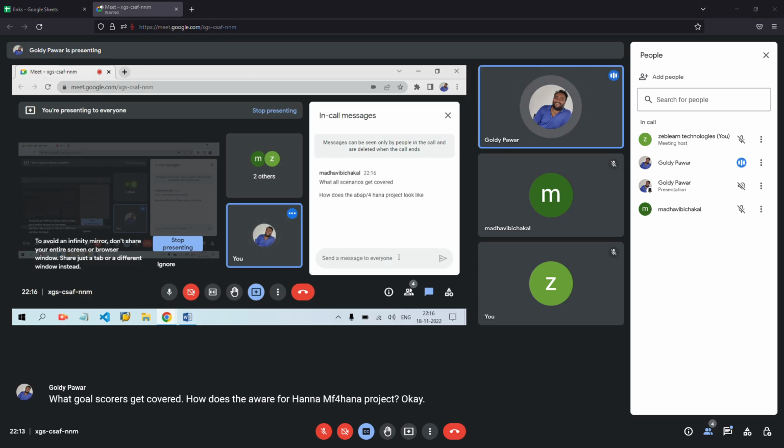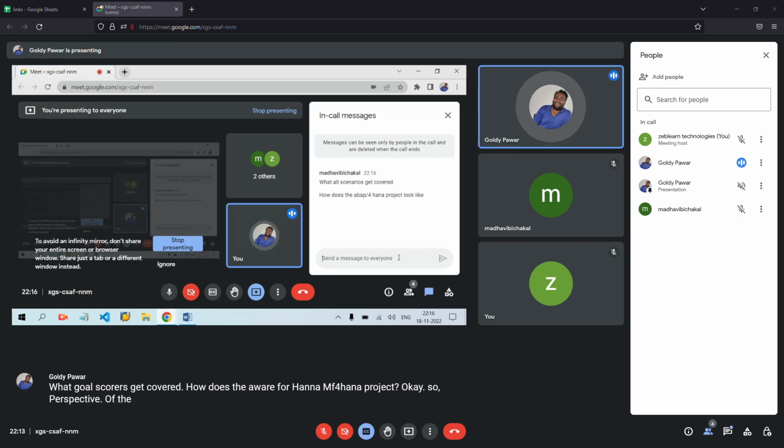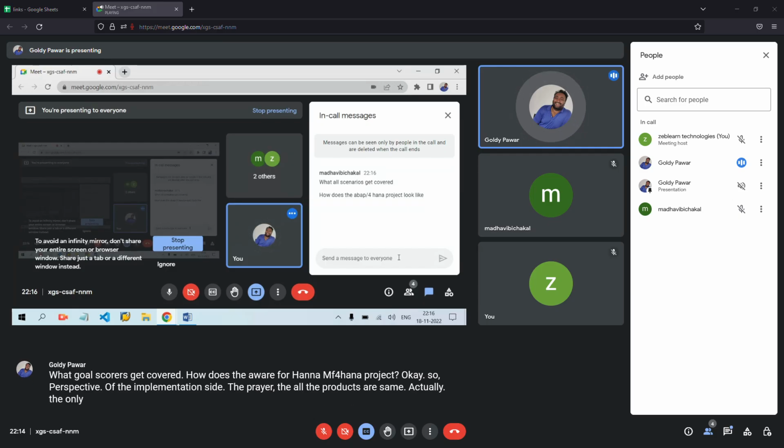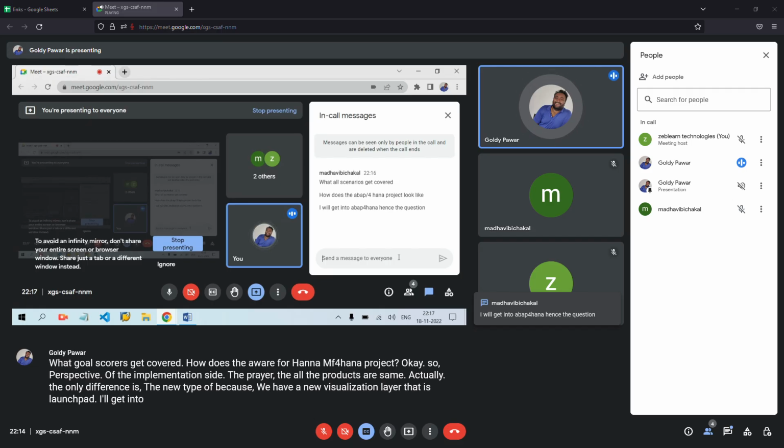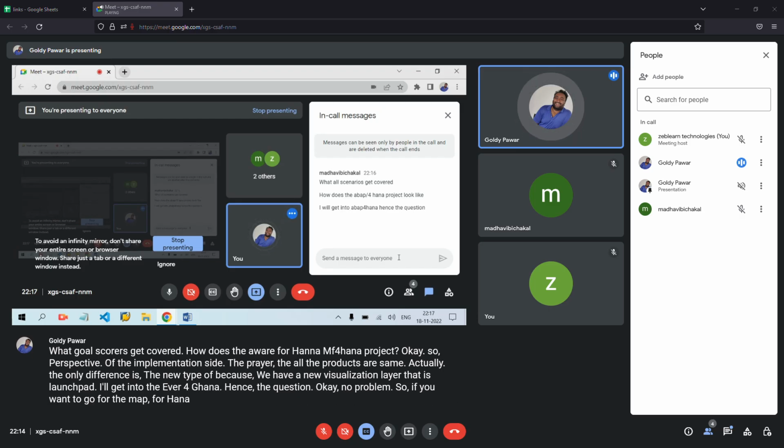Okay. So from the perspective of the implementation side, all the projects are actually the same. The only difference is the development of new types of objects, because we have a new visualization layer, that is the launchpad. I'll get into the ABAP for HANA, hence the question. Okay, no problem. So if you want to go for the ABAP for HANA, then